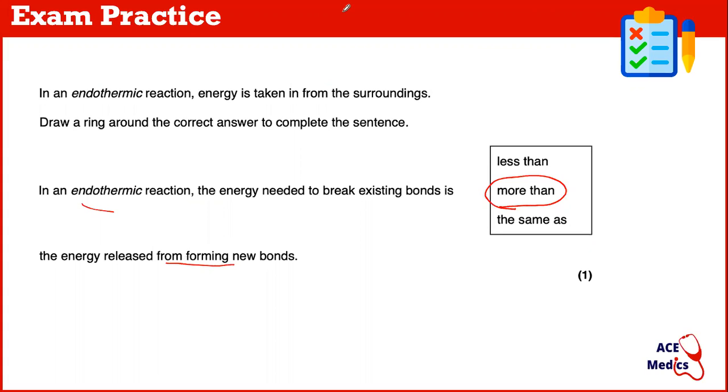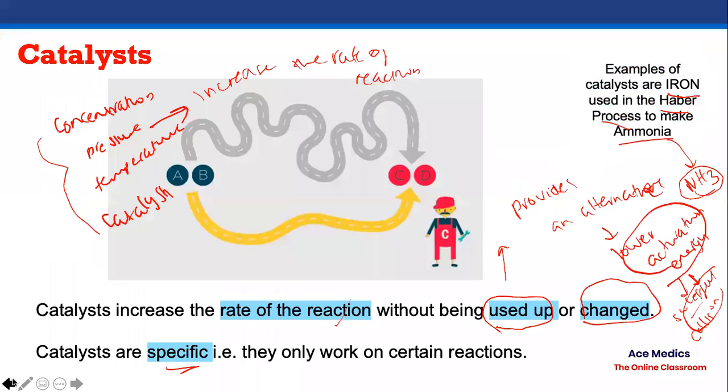Okay, do we all remember that, or are we confused? Do we have any questions? Do we get that? So in an endothermic reaction, the energy needed to break existing bonds is more than the energy that's required to form those new bonds, okay? So if we're all a bit confused on that, we can go back to the slide where we talked about it,